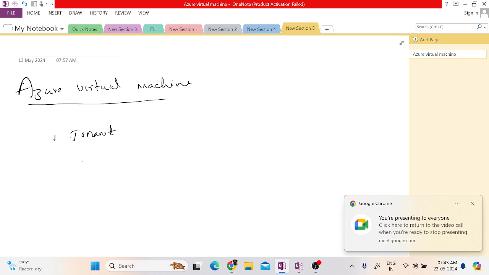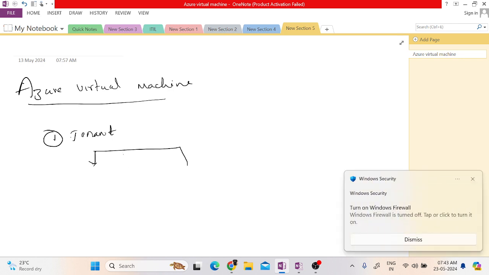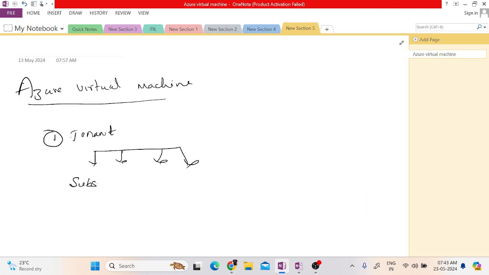hierarchy. So one tenant can have multiple subscriptions. If you have a single tenant, you can have n number of subscriptions, or n number of accounts in case of AWS. Maybe this is subscription 1, this is subscription 2, this is subscription 3, and this is subscription 4. Like that, every company will have at least a single tenant, and under the single tenant you can have multiple